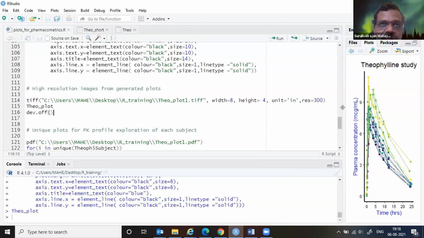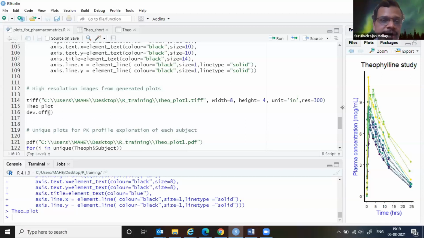Many times there is a requirement that your plot should be of a certain resolution, called 300 dpi, 400 dpi. The minimum for any scientific journal will be 300, and upwards depending on their requirement.